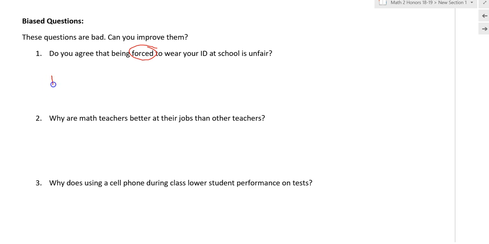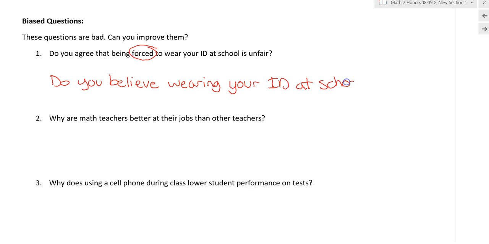So I would say, do you believe wearing your ID at school is fair? Or, even if you said, do you agree, I guess, we can keep that word the same. Do you agree wearing your ID at school is fair